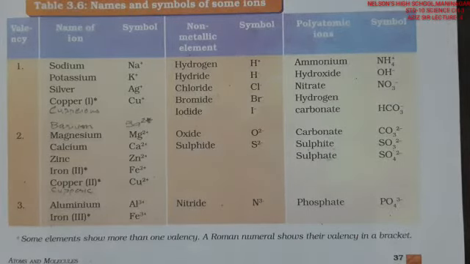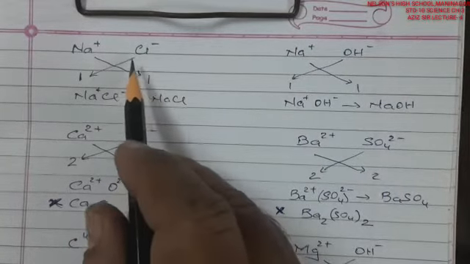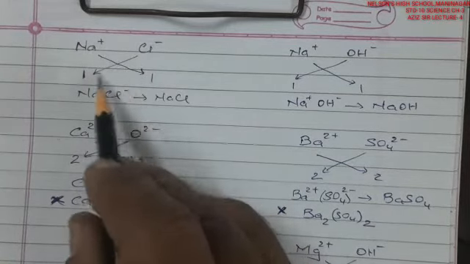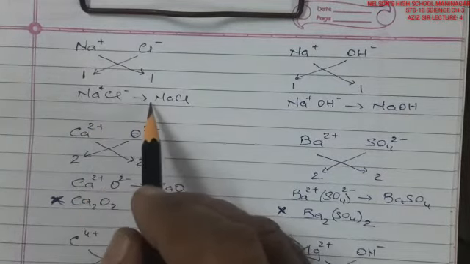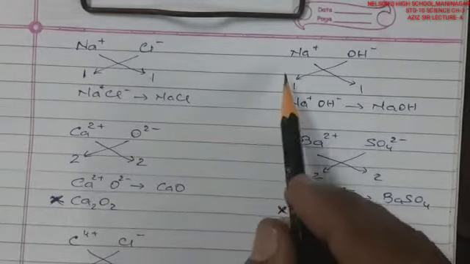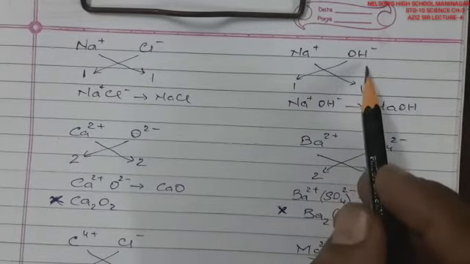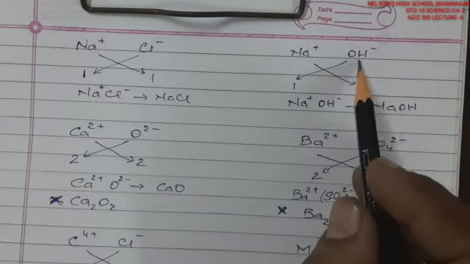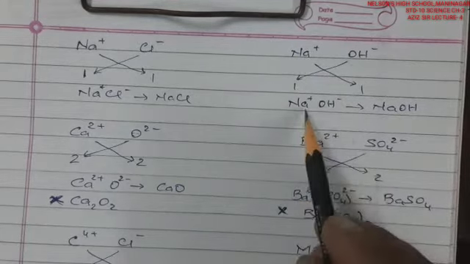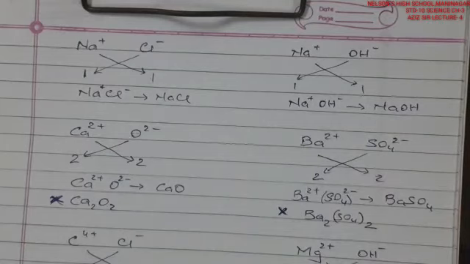Now how to write down a formula? Na has a +1 valency and chlorine has 1-. So we do a cross multiplication: this is 1 and this is 1. So Na+ and Cl- gives you NaCl. In the same way in polyatomic ions, Na+ and OH- (a polyatomic ion, whose whole valency is -1): 1 here by this and 1 here by this. Giving it cross as 1 and 1, this gives you NaOH, sodium hydroxide.